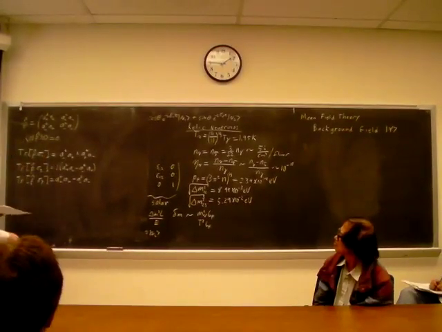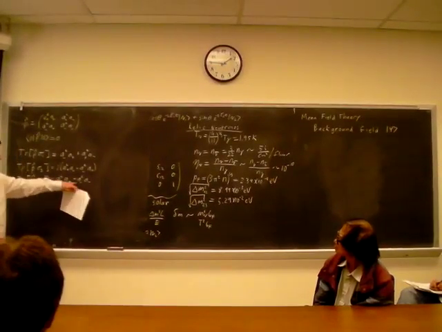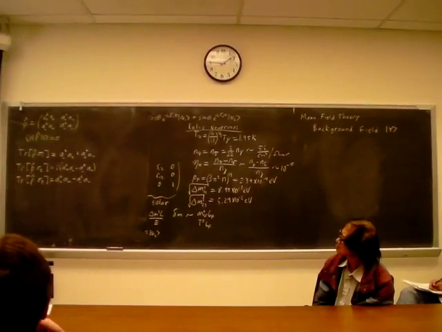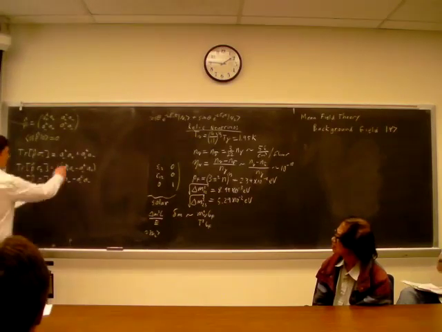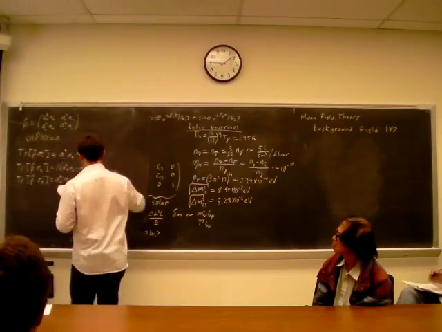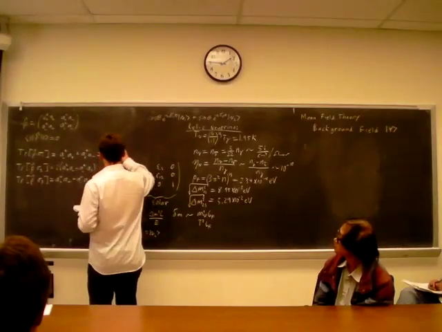This should look a little bit familiar. This last one is more commonly called a number operator. This is the number of particles minus the number of antiparticles. Right? So if I found that this had an expectation value, I would call this a chemical potential. But the question is, what are these two? So I can rewrite these in a different way. This is, if I use the field operator chi,